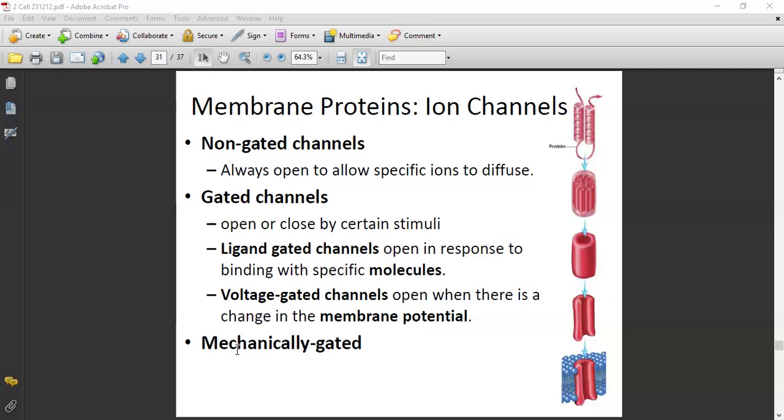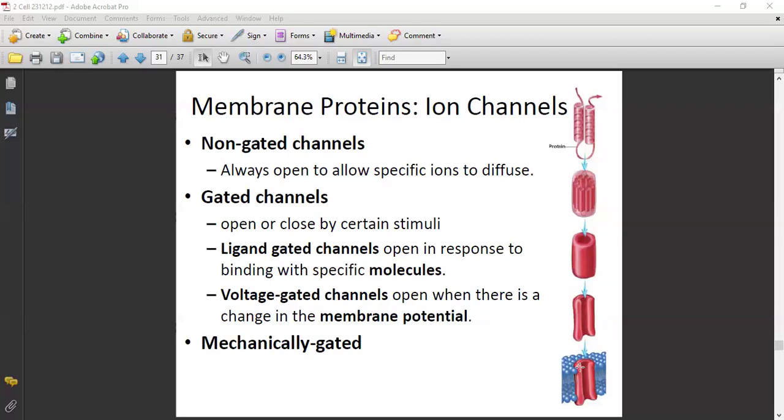We also have mechanically gated channels. This one probably should be put under the gated channels. For example, what are the mechanically gated? Mechanically gated means that its closing and opening depends on mechanical change. And some of those are